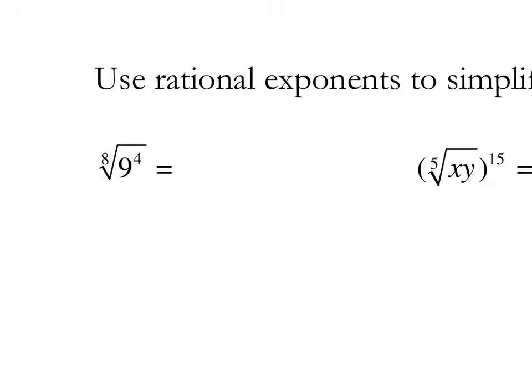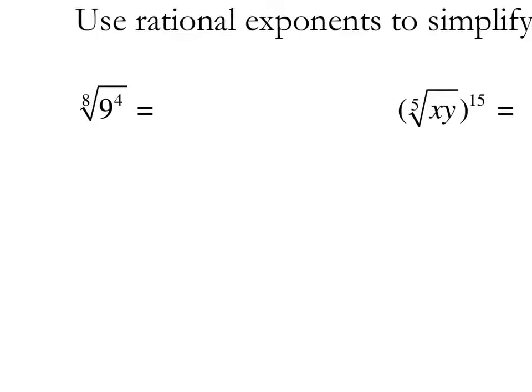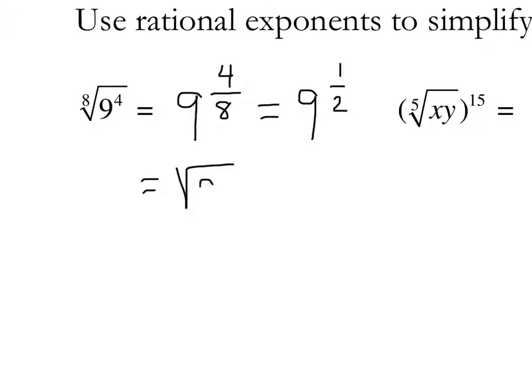Let's use rational exponents to simplify. So we have 9 to the 4th power, and then we're taking the 8th root of that. So it's 9 to the 4th power and the 8th root. The index always goes in the denominator. What is 4/8? 1/2. And what is 9 raised to the 1/2 power? That's the square root of 9,